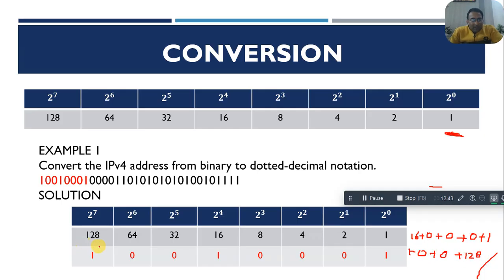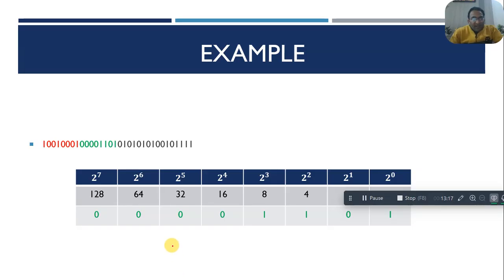So you will see that we are adding only the numbers where the binary format has a 1. So we are going to add 128, 16 and 1 there. 128 plus 16 plus 1: 16 plus 1 is 17, and 17 plus 128 is 145. So the conversion of the first 8 bits of this binary is equal to 145. Similarly, the second octet has the values 0 0 0 0 1 1 0 1